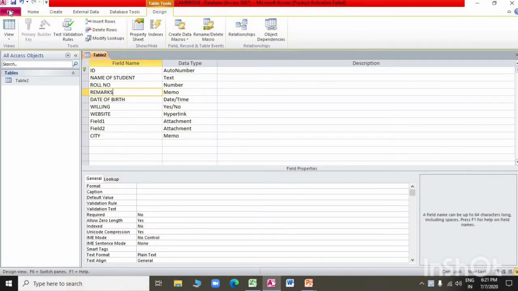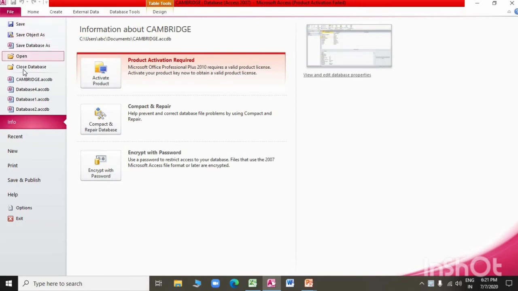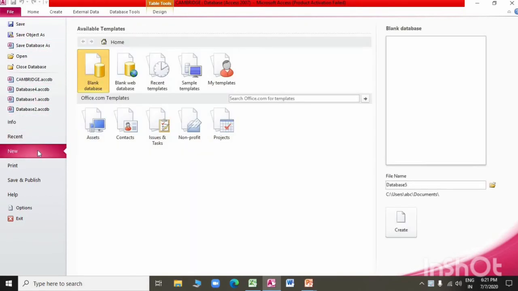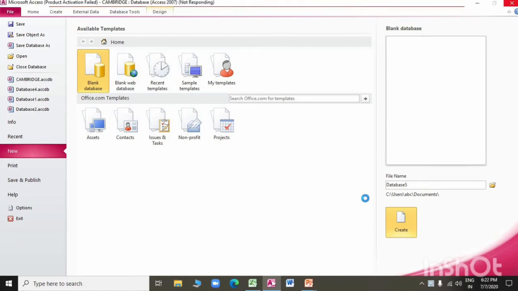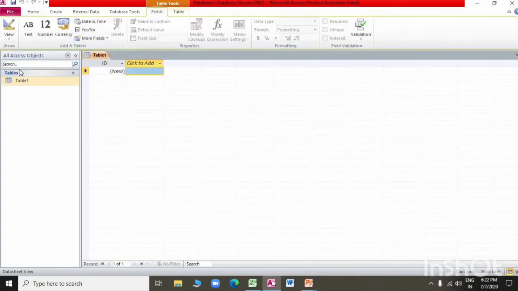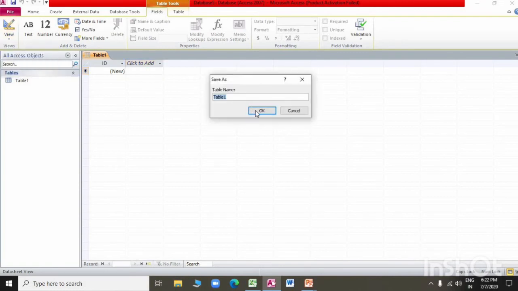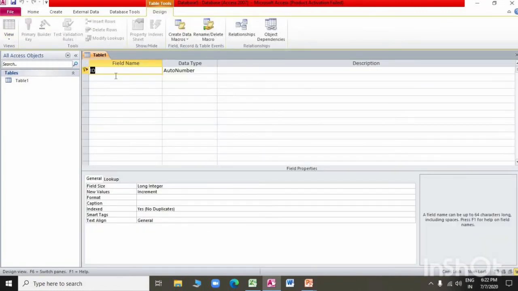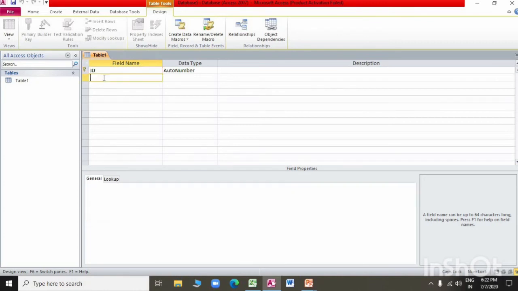Now continue. Yes beta, we will create a new database here. Okay, create. It is processing. While we create a new database, we get new features. Here it is the design view. Select Table 1. Firstly, AutoNumber is there, suppose we are giving data according to the ID. It is okay, no need to change.